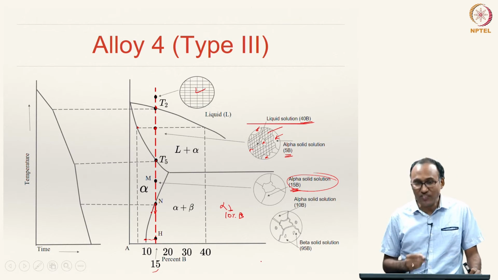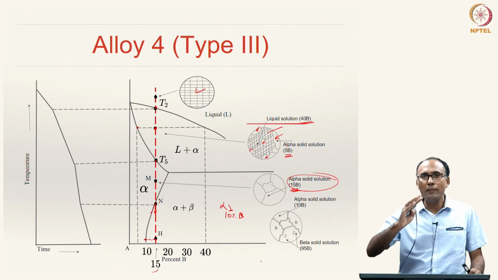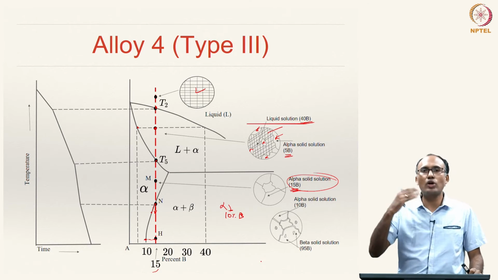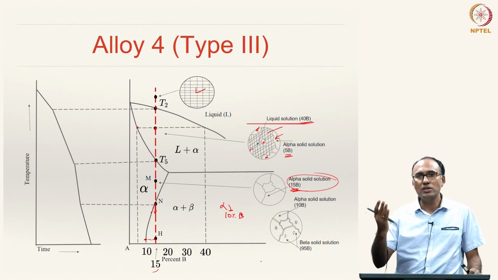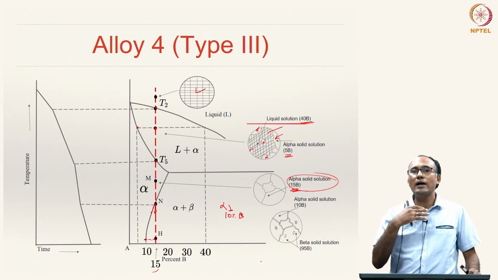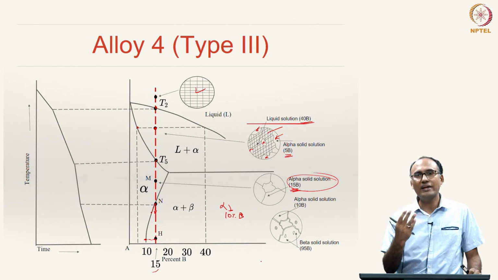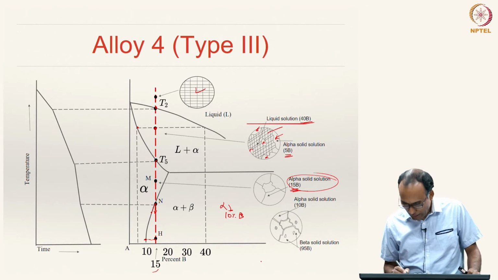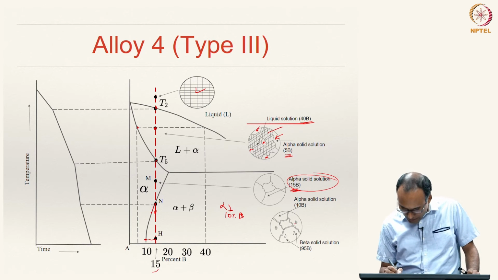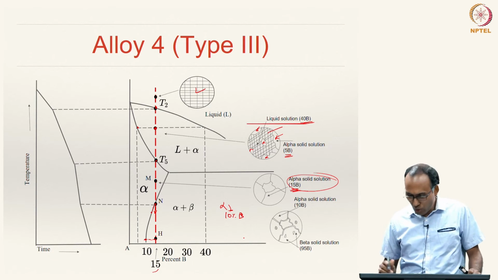That means the alpha has become richer in B than what it could hold, and hence what should happen? The additional B that is sitting in the solid solution should come out, because it is oversaturated now. But when this B comes out, it cannot come out as pure solid B, because there is some partial solubility of B in A and A in B, and hence it comes out as solid solution beta, and this solid solution beta is dispersed everywhere throughout the alpha matrix.